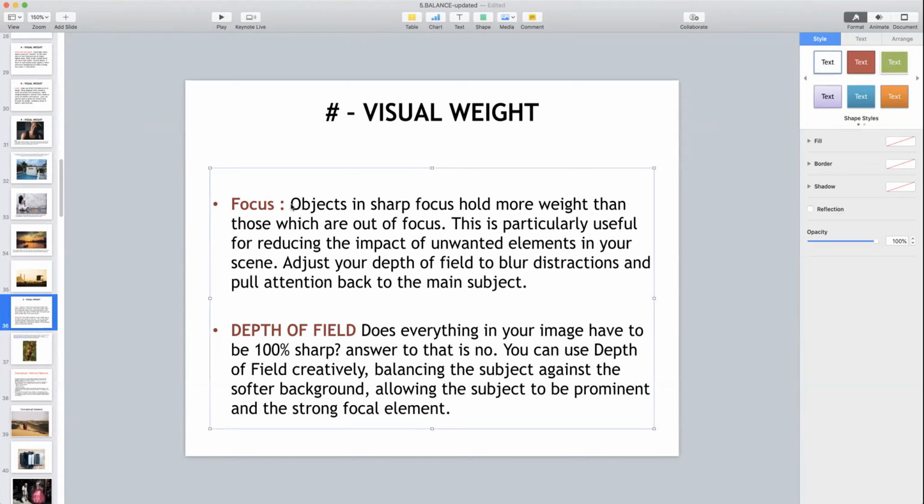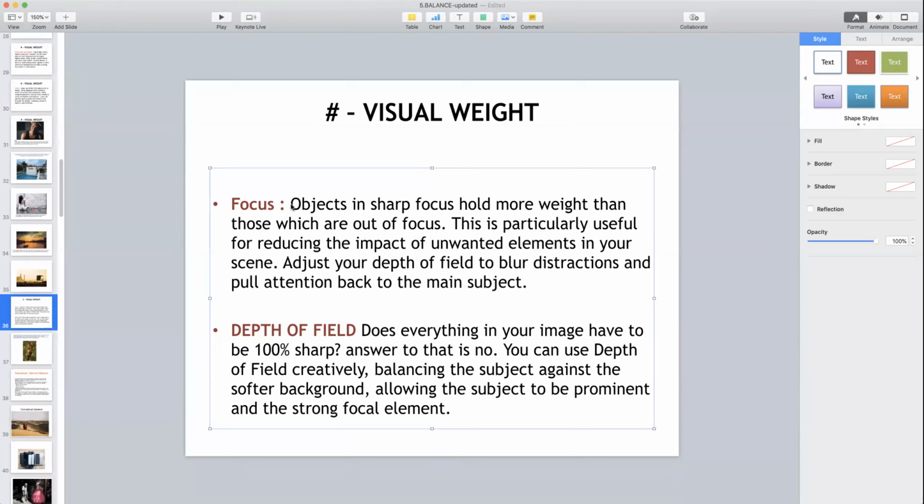Third is the distance between the subject and the camera. We increase that distance so that we can have more depth of field. So focus and telephoto lens. If you are using a telephoto lens, the depth of field will be less. If you are using a wide angle lens, then the depth of field will be more. So focus is